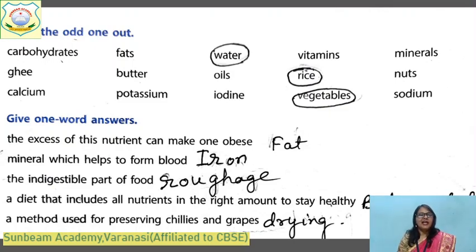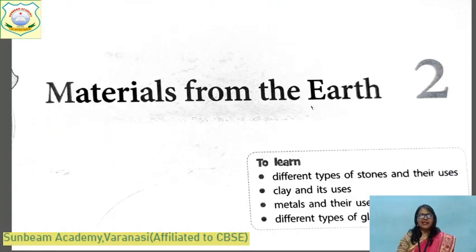The undigested part of food is roughage. A diet that includes all nutrients in the right amount to stay healthy is a balanced diet. A method used for preserving chilies and grapes: drying. Yes, children, you read each and every exercise thoroughly, okay? And read the lesson also. Yes, children, now